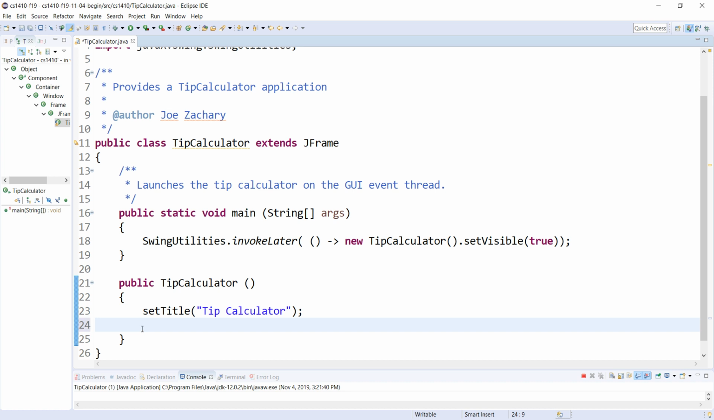I'm going to create something called a JPanel. So a JPanel is a region to which you can add components. So I'm going to add things to the JPanel, and then I'm going to add the JPanel to the tip calculator. So I'm going to say JPanel